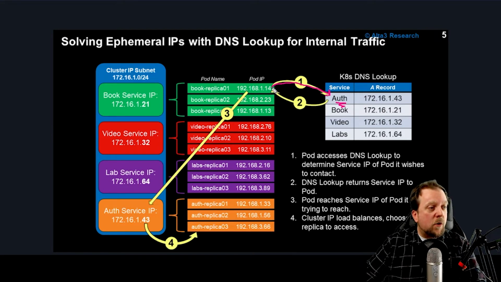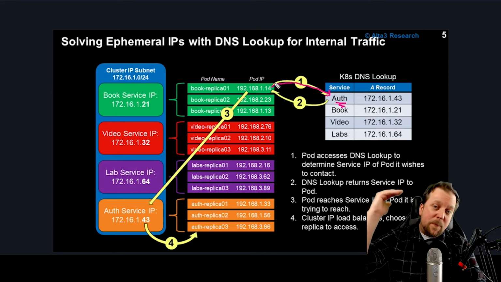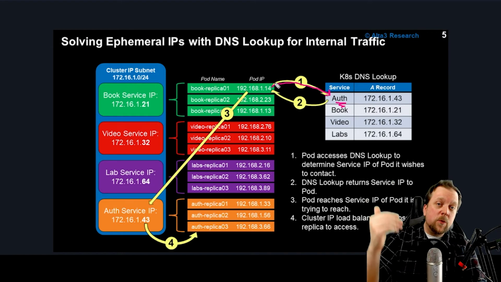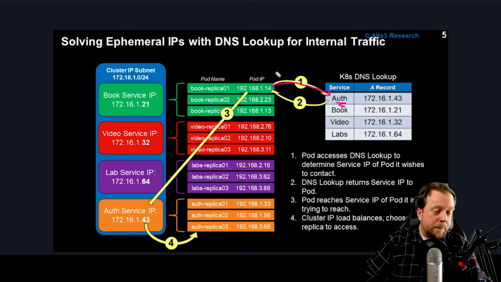So they're going to go ahead and do a DNS lookup, and now we'll head on back to the API server, get routed, right, through kubeproxy to the auth service IP subnet, or the cluster IP address, which then gets round robined into the authentication replicas to be processed. So we can actually follow that trail,